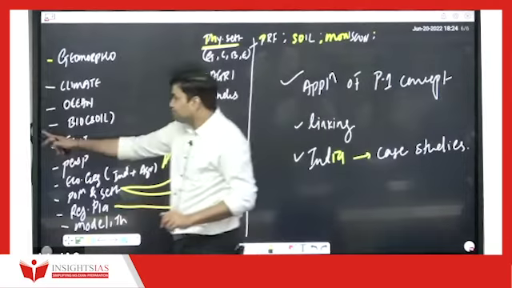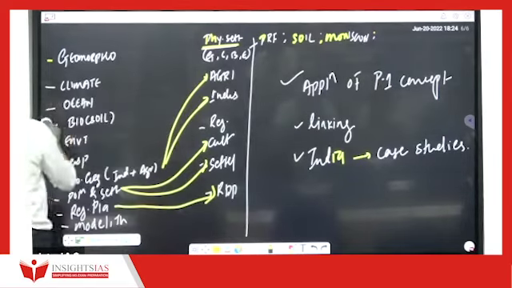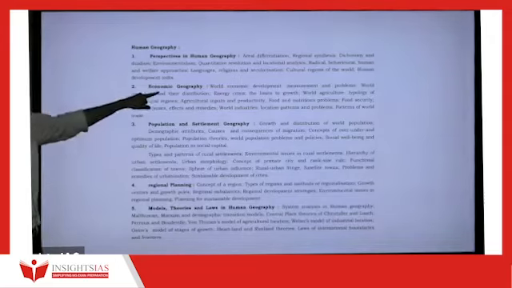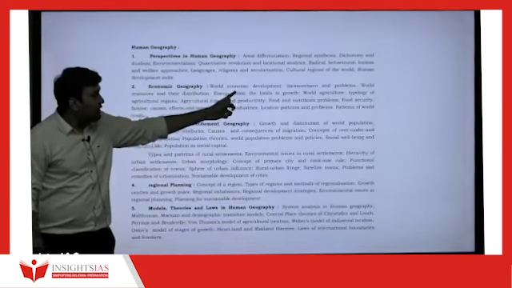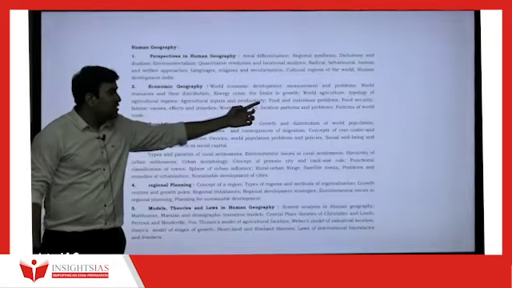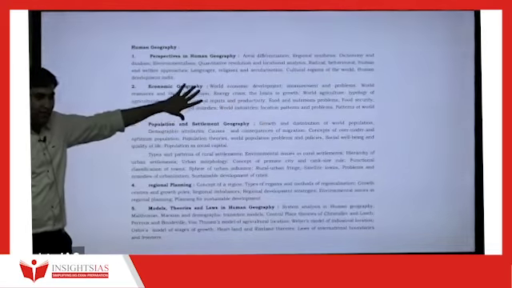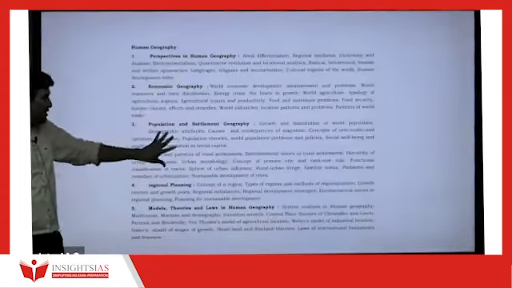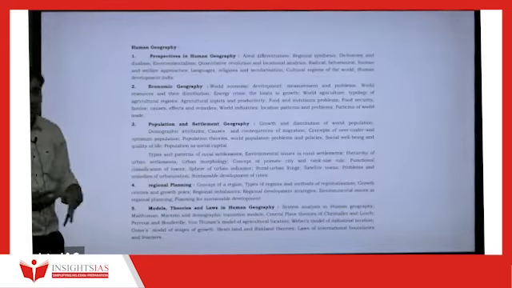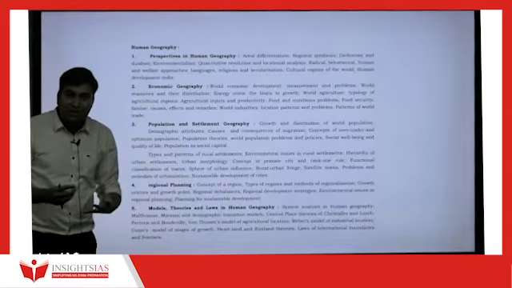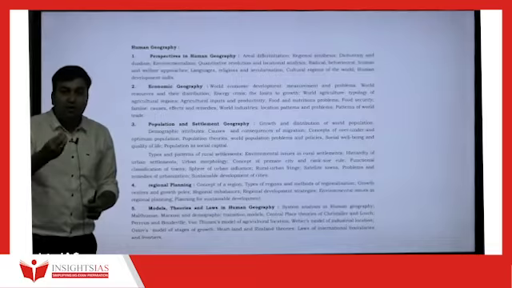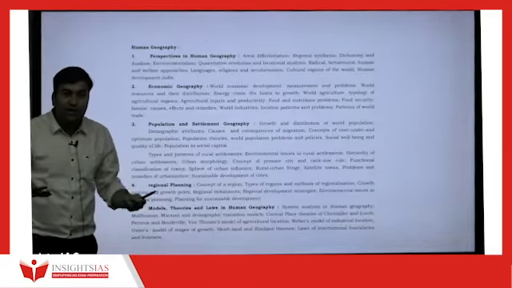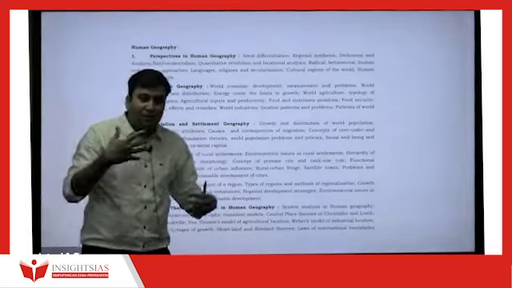Let me show you here through this. See here. Perspectives, economic geography, where we saw about world economic development, agriculture, food security, etc. This is what we are going to study here: industry, agriculture, etc. यहाँ पे population, population मतलब culture also. Culture is how the people evolved, what are the food habits, what they wear, why they wear. Is geography affecting the population, etc.